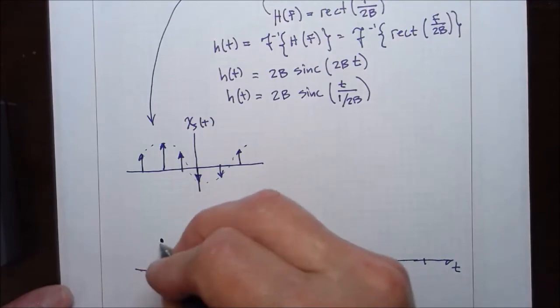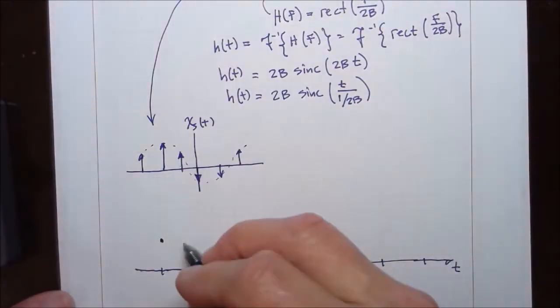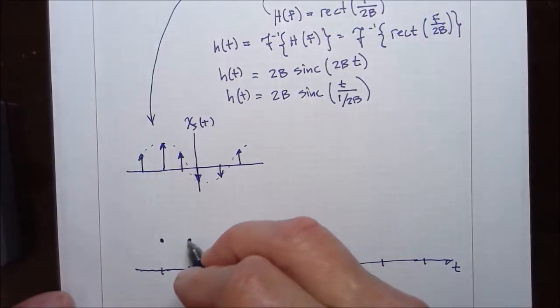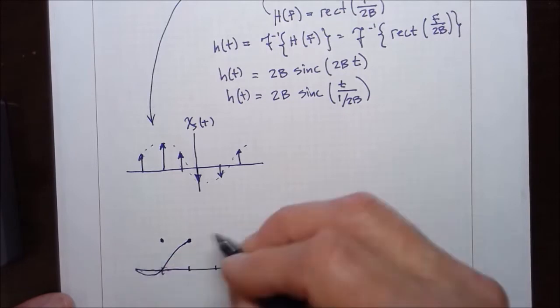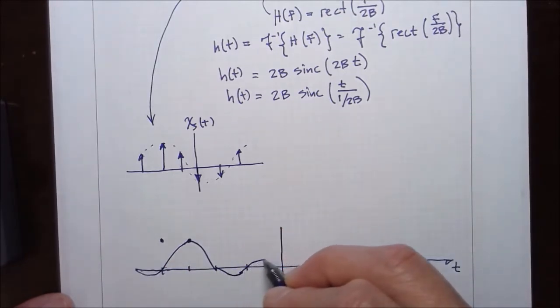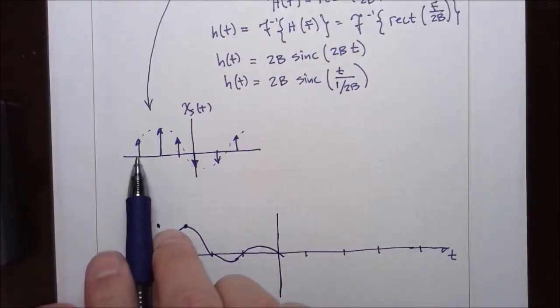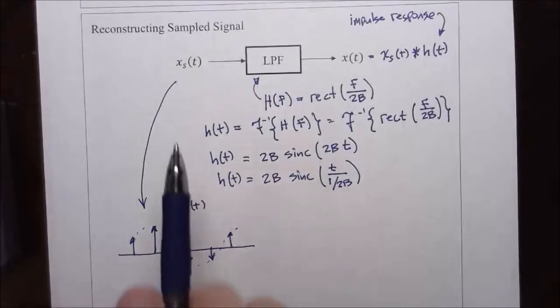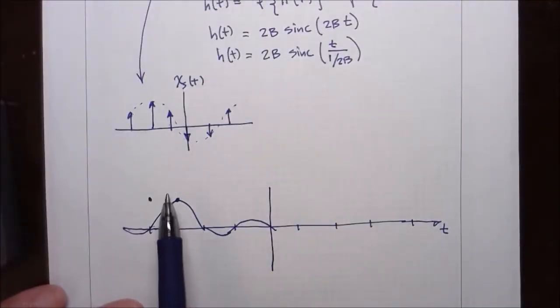So that would be 1, 2, 3. That's this one here. So, okay, when this delta function serves as the input to the low pass filter, the output is this